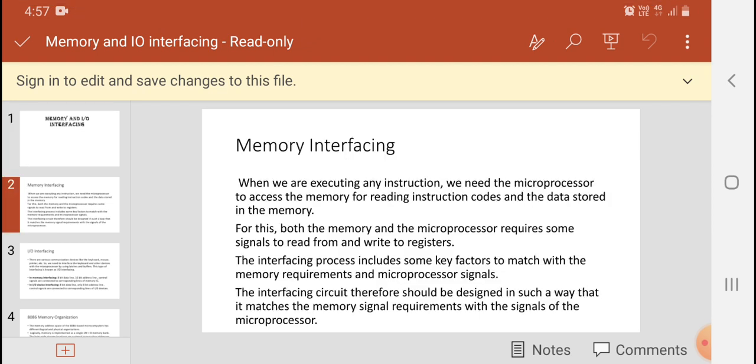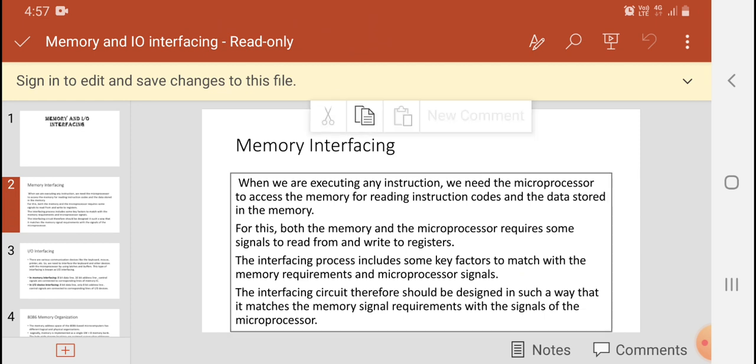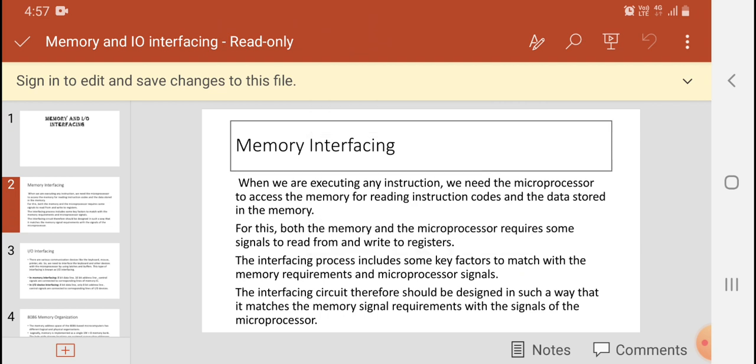So what is memory interfacing? Interfacing a memory card, it can be a bit, byte, or GB card. You have your mobile phone, and if you want to add an additional card along with that, its interfacing is said to be memory interfacing. For that, both the memory and microprocessor need to communicate with some important registers and signals. So what is that and how can it happen, that is what we are going to see.